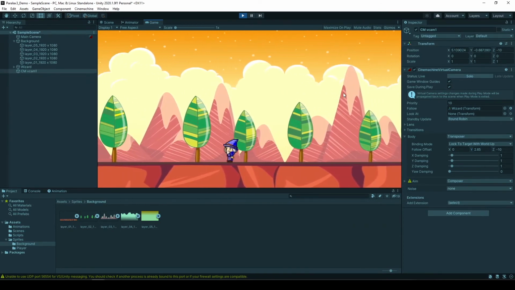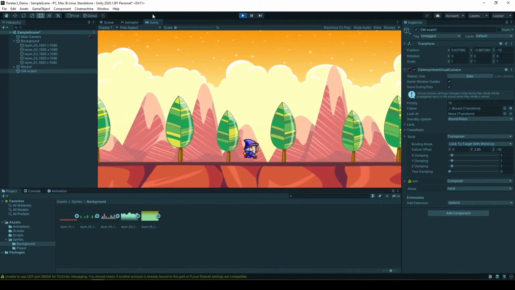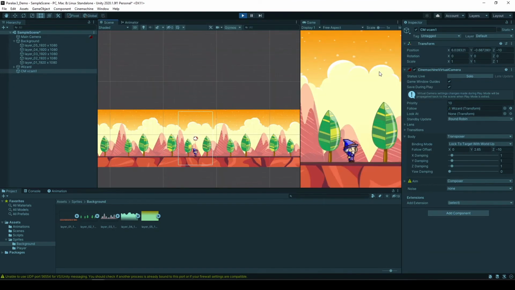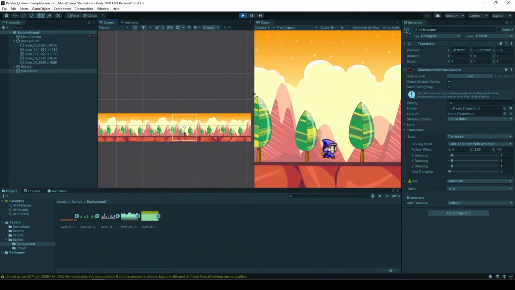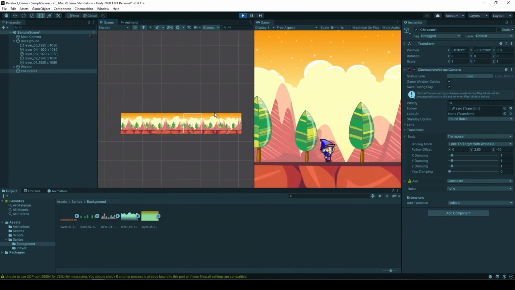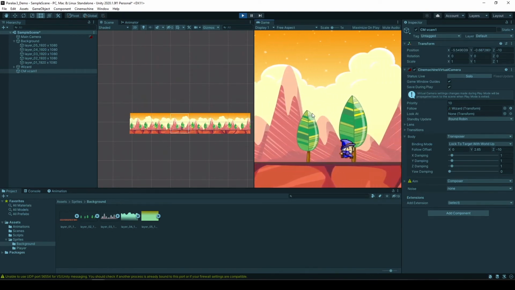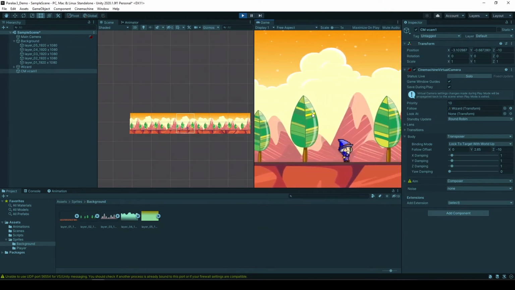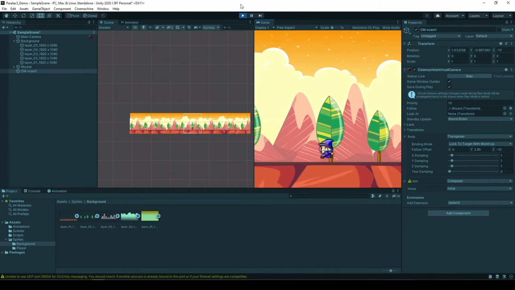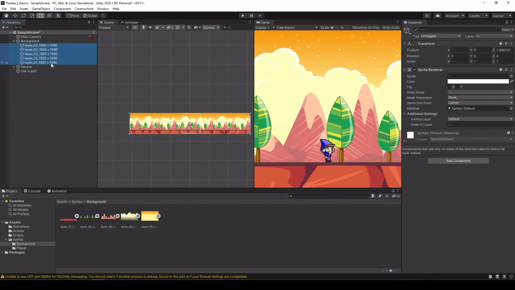It seems to follow our character. So if we just move it a little bit here and have a look at what we can see here. We can see our character moving from side to side and the camera is following it. Great. So now let's add our background mover